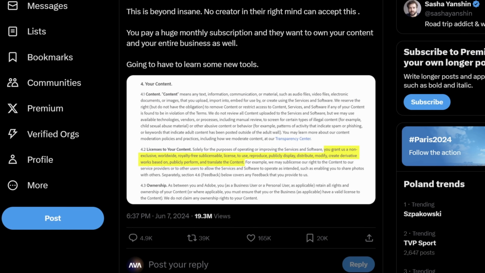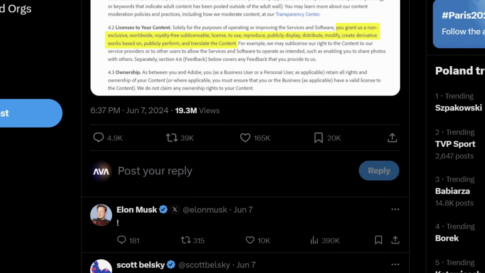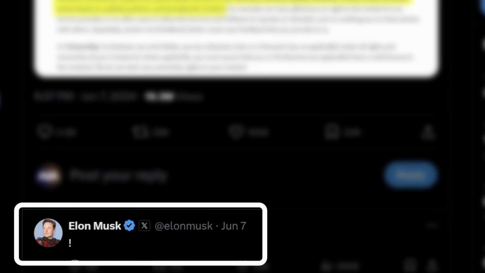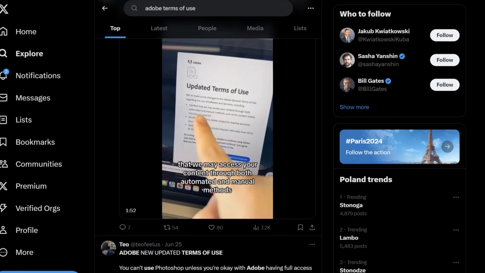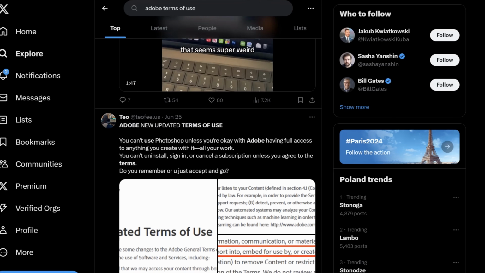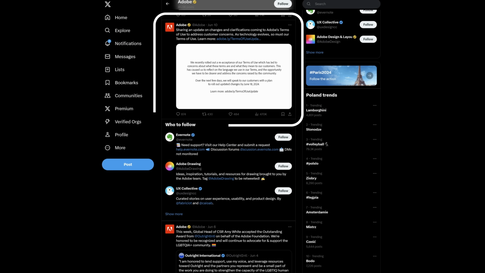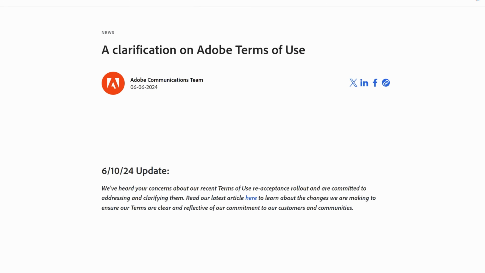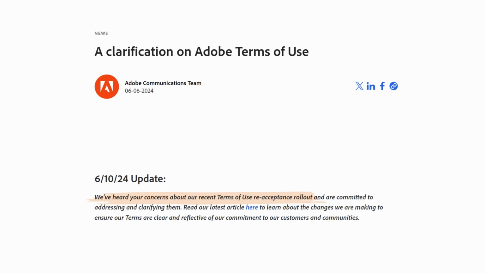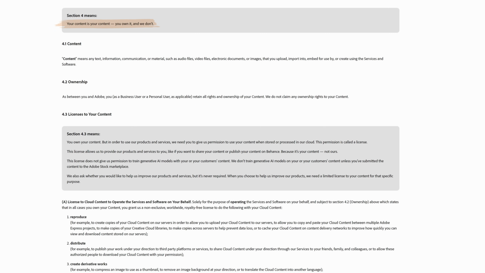So basically, they could use your work, whether it was professional work or family photo edits, to train the AI. Many people were frustrated. Artists started to cancel subscriptions and a fuss started. So Adobe had to react to stop it. In short, they finally updated the terms to provide more clarity on a few specific areas. They specify what they don't do, what is your content, and so on.